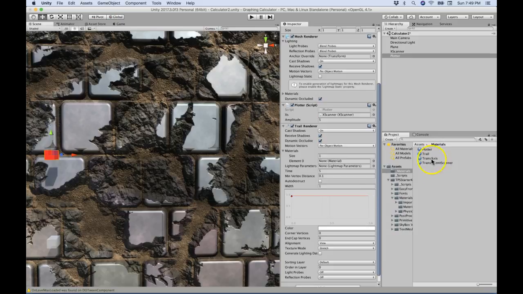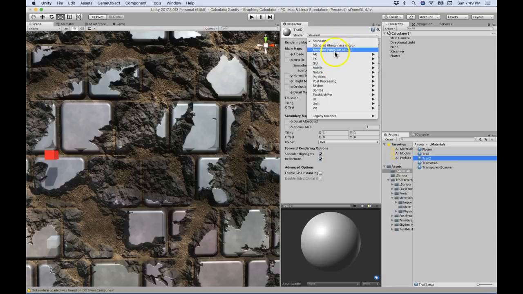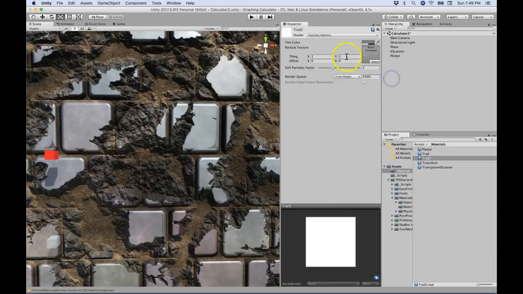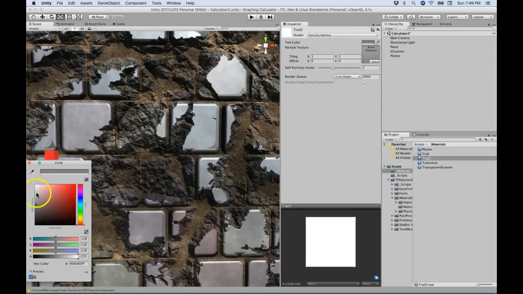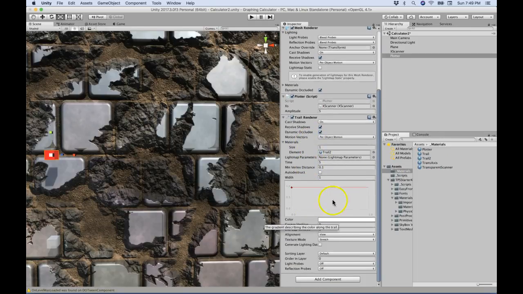But I'm going to make a trail material, create material, trail, and let's go change the shader to particles additive, and then change the color to white with alpha at 255. And back in the plotter, in the trail renderer, there's a space for material here. Let's drag that material right there, and then